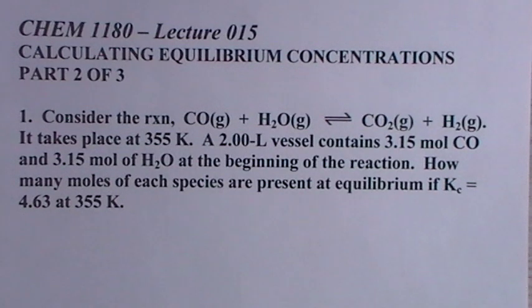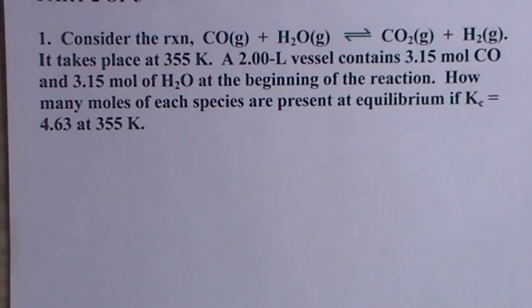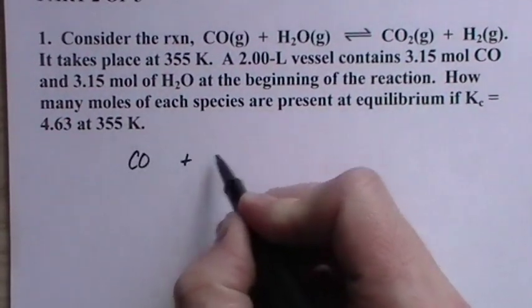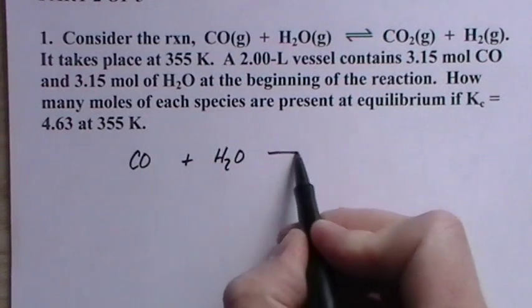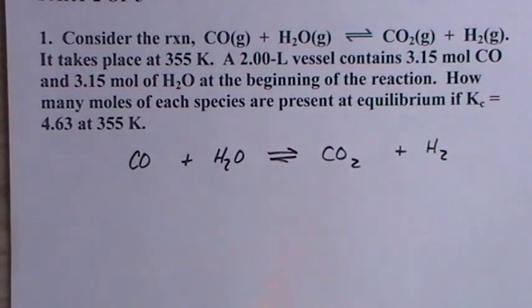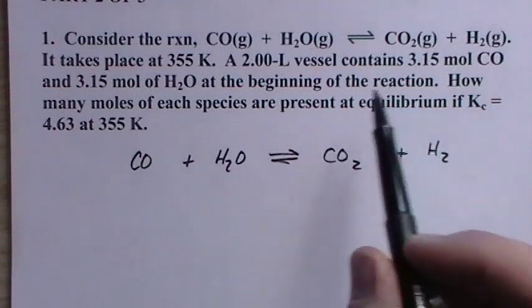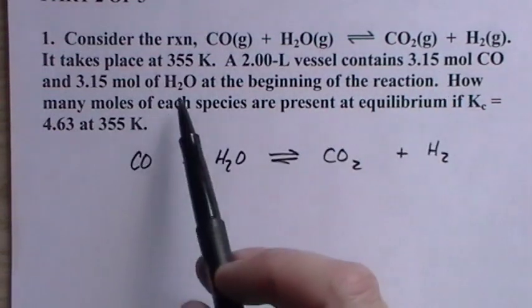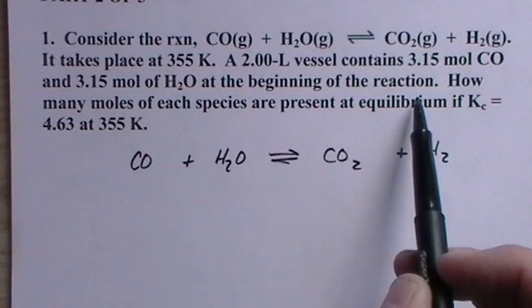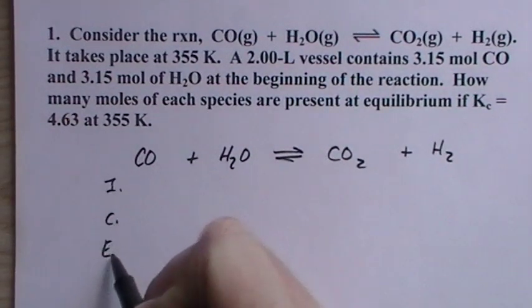At equilibrium, if Kc equals 4.63 at that temperature. So, write out the equation. I'm going to leave off the units, or the phases. They're given above. Now, they want to know how many moles of each species are present. They've just told us that they put this into a reaction vessel at the beginning of the reaction. But they didn't say anything else, so it must be an ice table problem because we just don't have enough